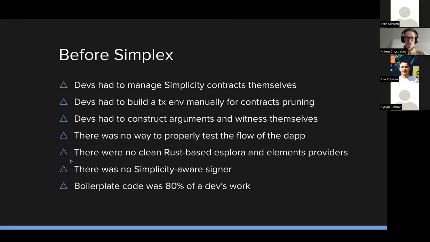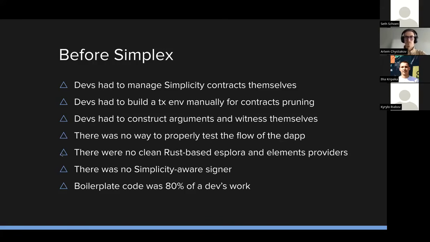There you would manually need to construct a transaction environment, provide all the necessary information in terms of UTXOs of this transaction, so that we can execute the program and understand what witness needs to be provided to spend this program in